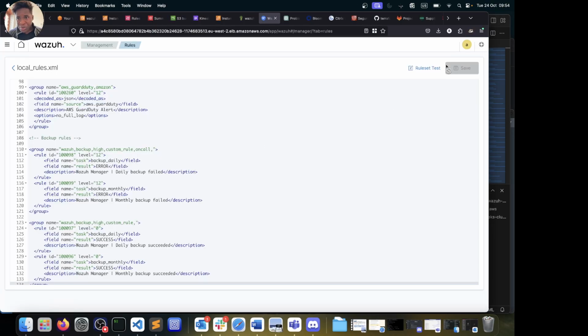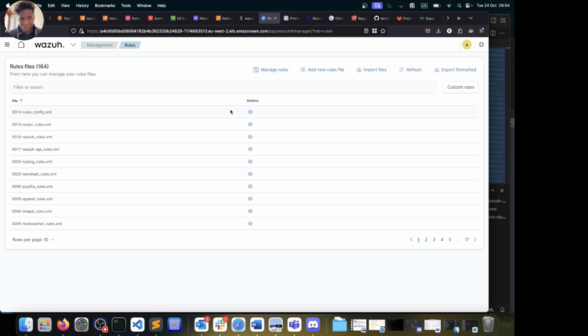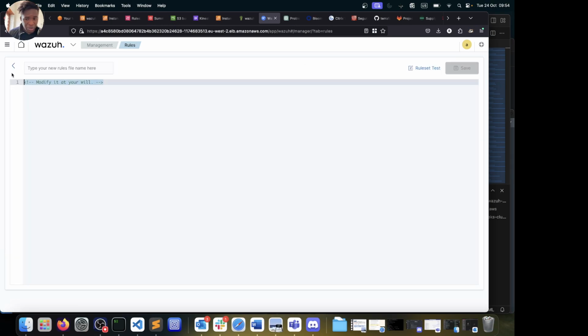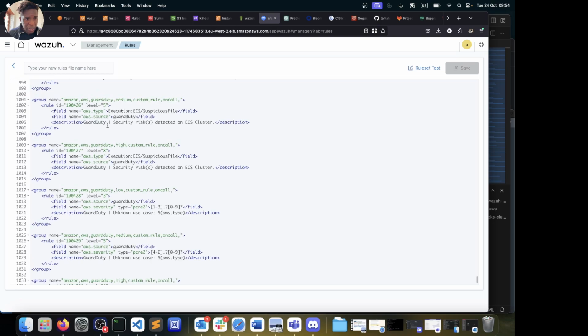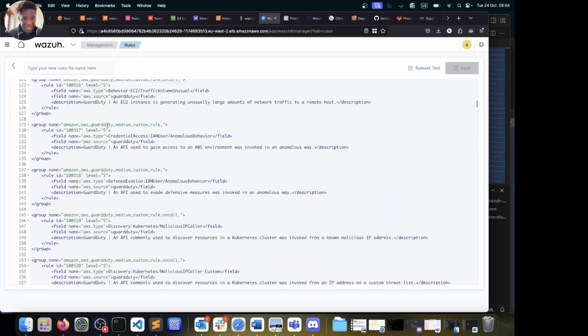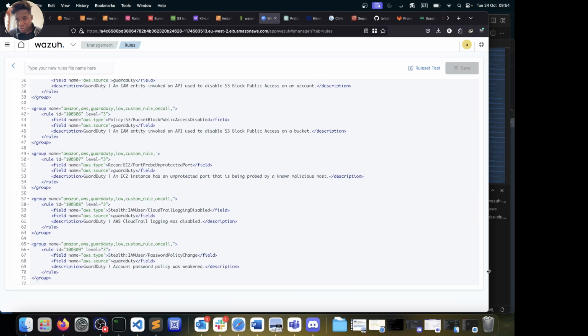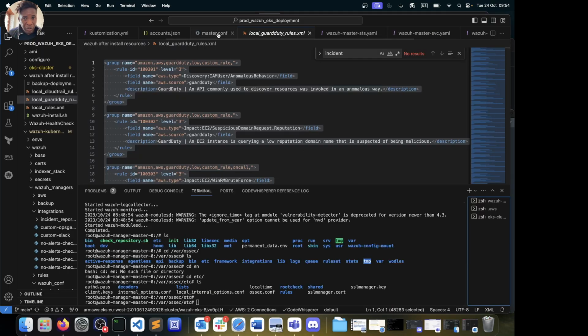Then once we have this back, we can actually do a rule test, but I'm not going to do that here. I'm just going to go back. Then I'm going to create a new one. All right, I'm just going to paste this here, and I will give it the name as it is in my VS Code. So it's just called local GuardDuty rule. I'm just going to edit this